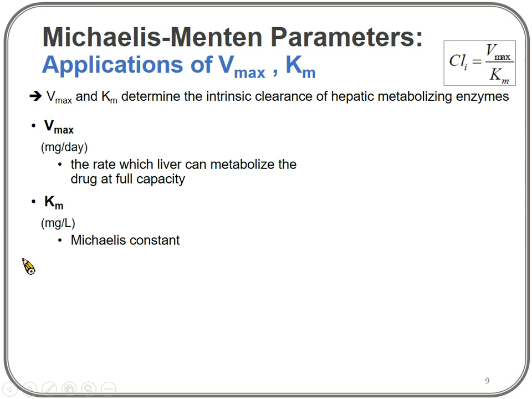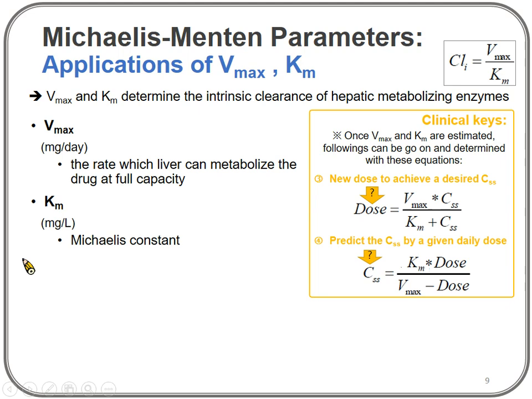However, the Km here is the so-called Michaelis constant. It's a constant that is individualized in each patient. So Km is just a concentration unit, for example, milligram per liter. And once these two parameters, Vmax and Km, are estimated, the following can be determined with both